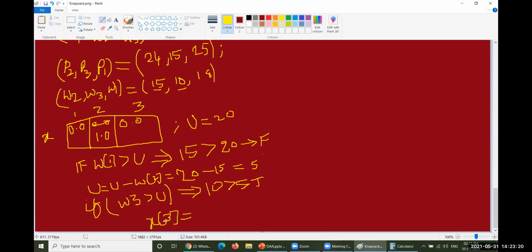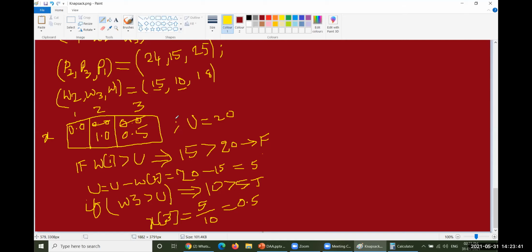What is left over with the knapsack? That is 5 units divided by 10, which is 0.5. So here it is 0.5. The first element is not to be considered anymore because the knapsack is already filled and there is no